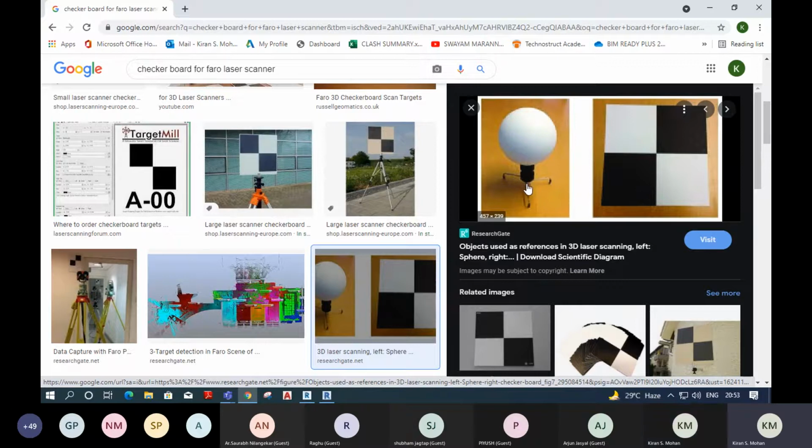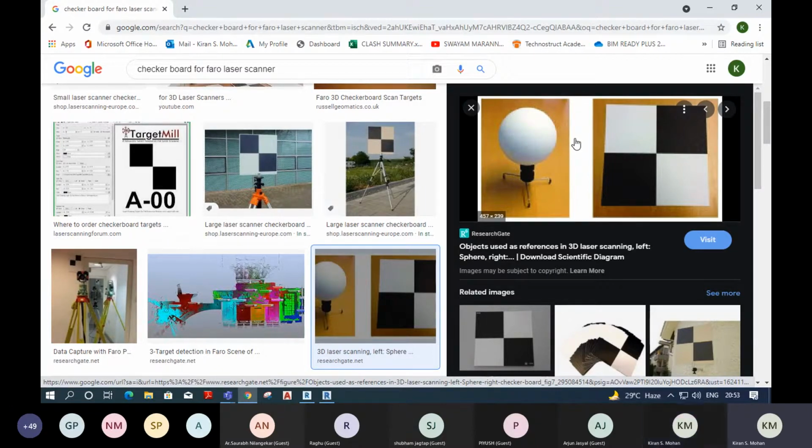With this sphere, they will give the measurement from the bottom of the stand or tripod to the middle of the sphere. That value they will provide along with the catalog, and you can add it to the Z axis of that particular location and give the value inside the software. Anyway, the survey team will help you to add this value.